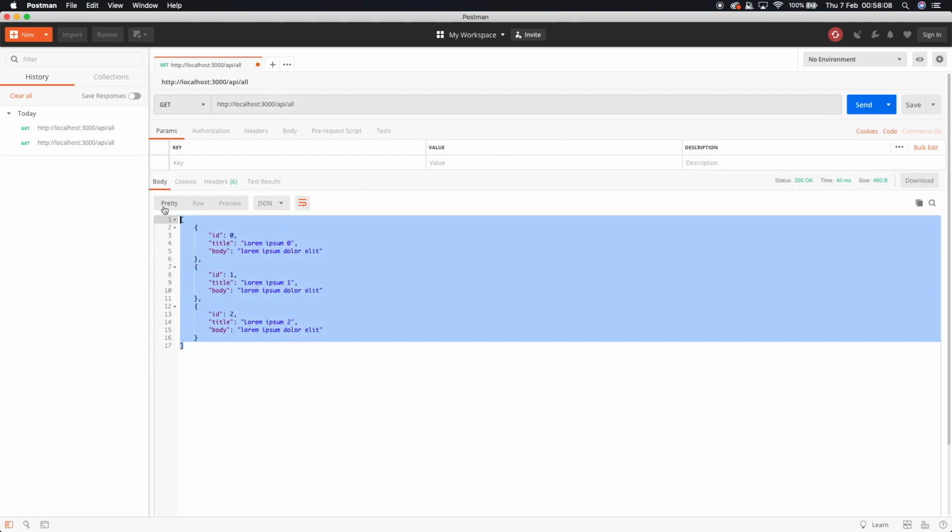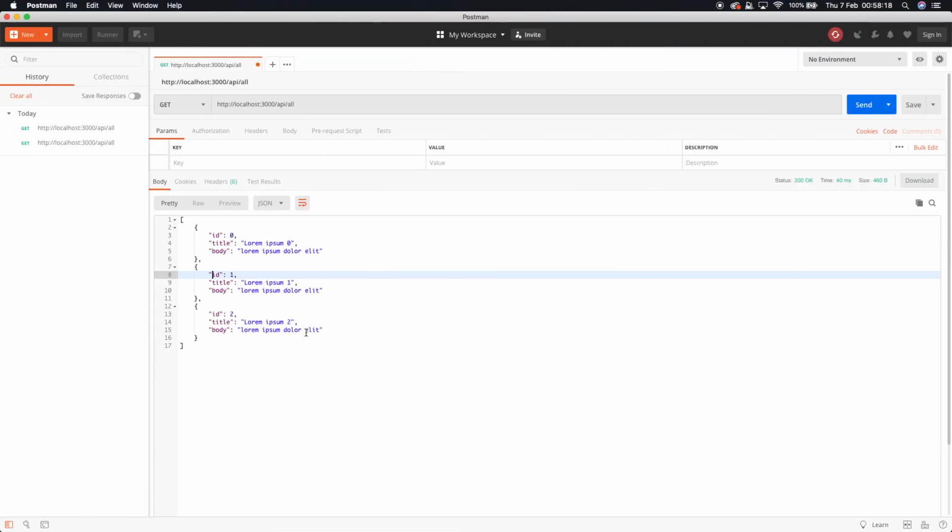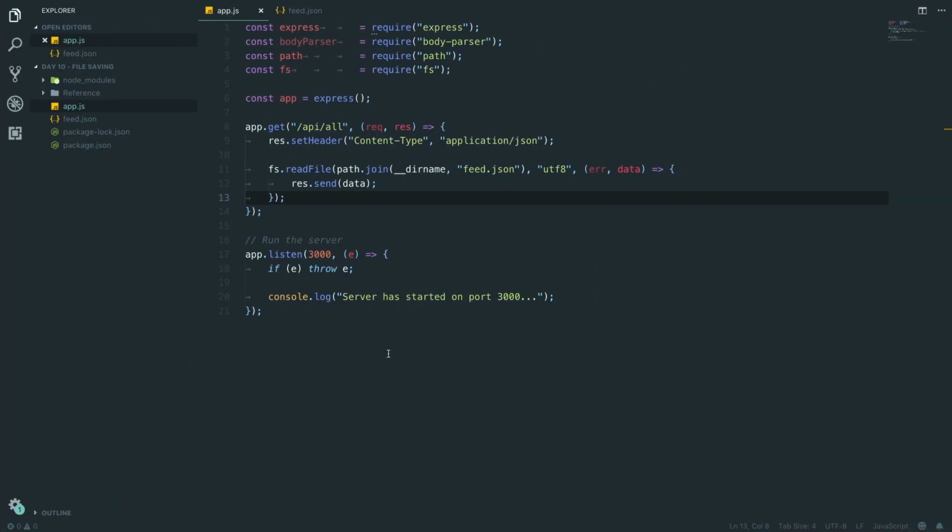There it is, see, that's our file. It passed back all our stuff in our file. So if we wanted to, if this was passed through, we could render this onto like a home page, and then we could display this as like our posts. We could display each post through an if statement or whatever. We're not going to do that for this tutorial, unless I feel like I've not done enough. So that is this. Next, we want to write to this file, and that is actually quite difficult to do,